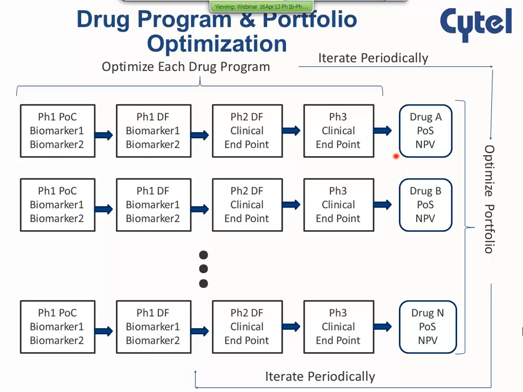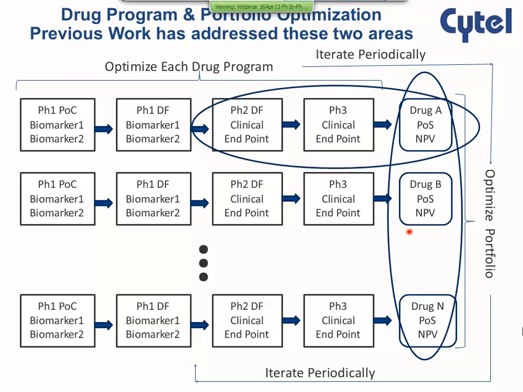You could consider optimizing that drug program, then doing that for multiple drug programs, and then optimizing the portfolio. The previous work that I talked about earlier focused on this phase 2, phase 3, and program POS and NPV